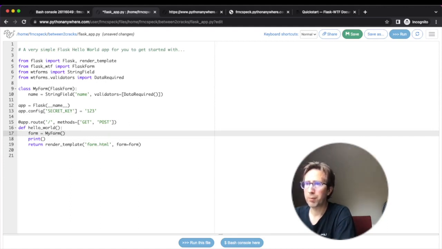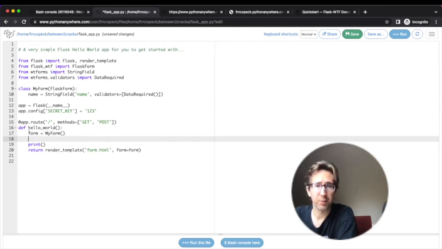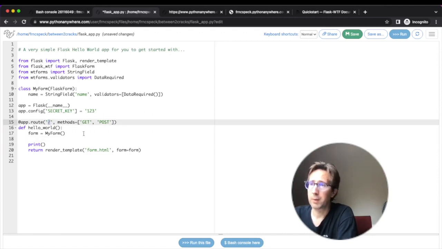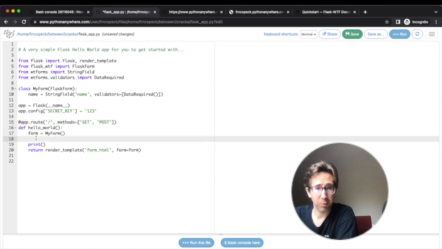and I'm not going to print it at just any time. So when a person gets here at this location, our root location, he's getting there with the get method, and we want to return our form template with the form inside. When he's already there and he's actually posting the form, we want to add some extra magic. So first we need to know